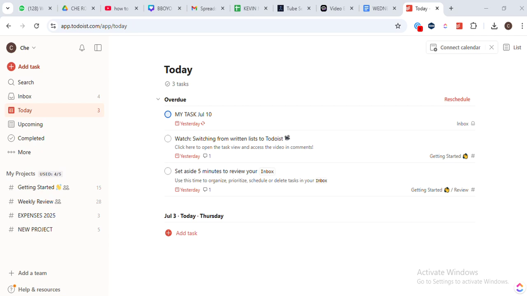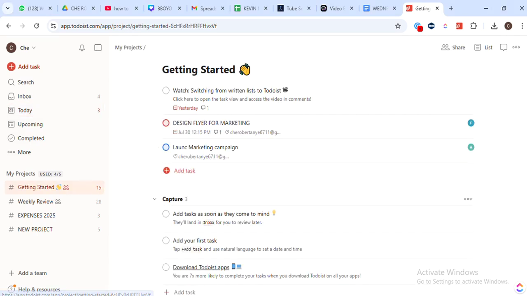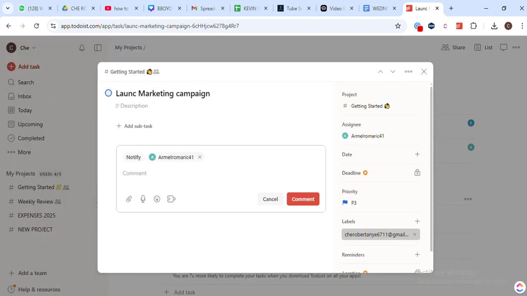First off, let's open Todoist and go to the project where you want to create your task priority matrix. The reason we do this is to keep our tasks organized within specific projects, making it easier to manage and track progress. Next up, let's create 4 labels: urgent and important, not urgent and important, urgent and not important, not